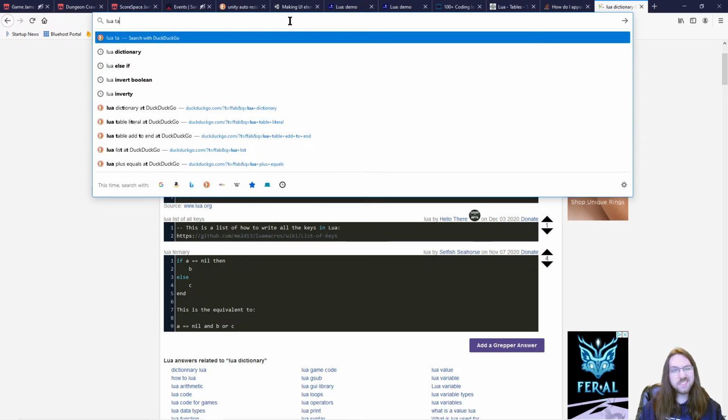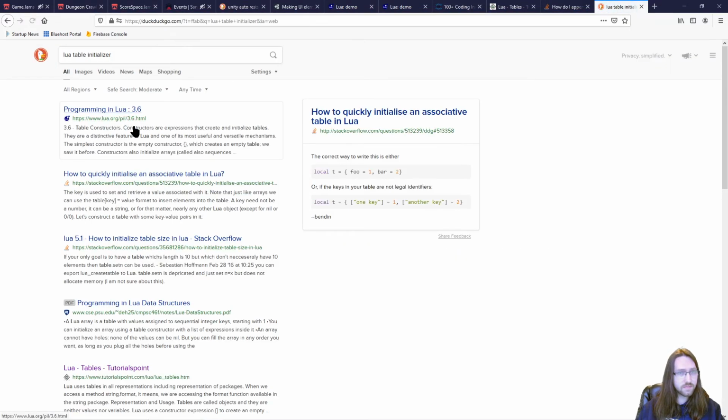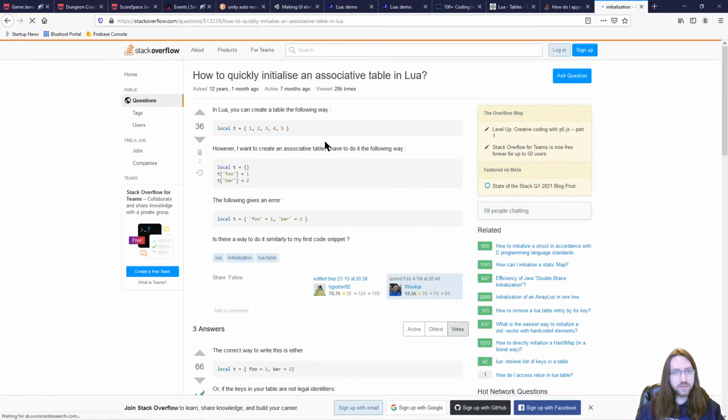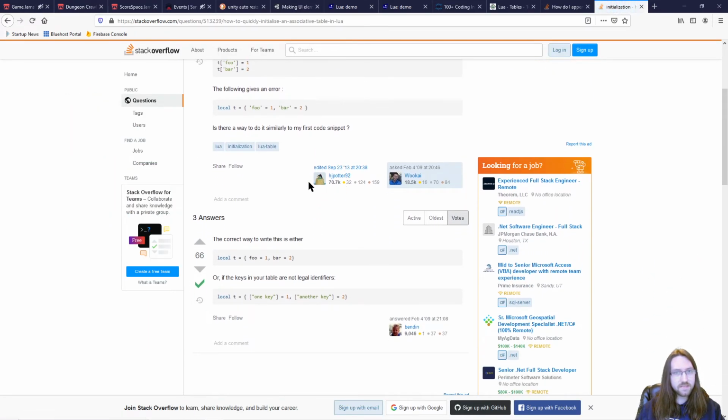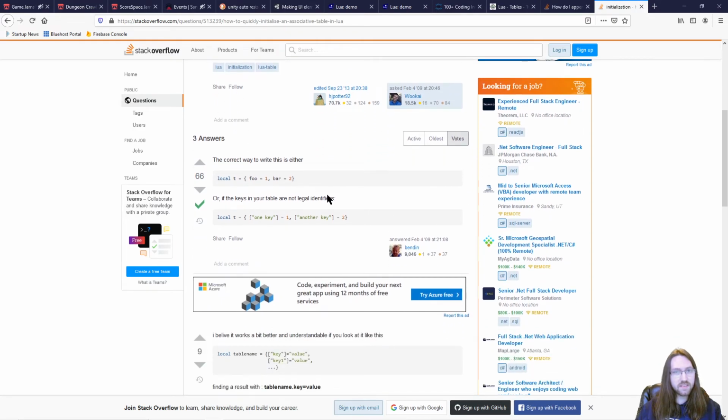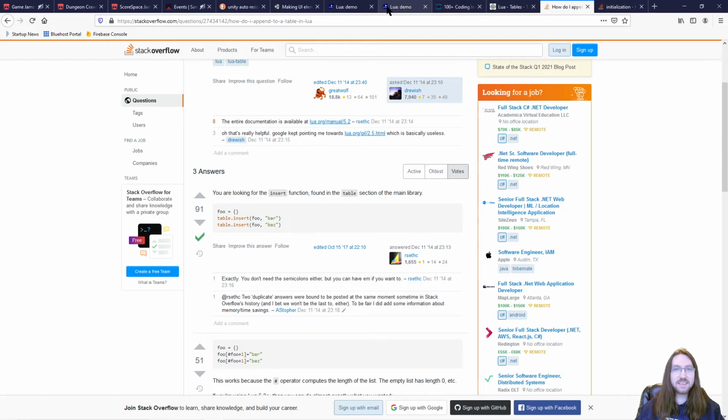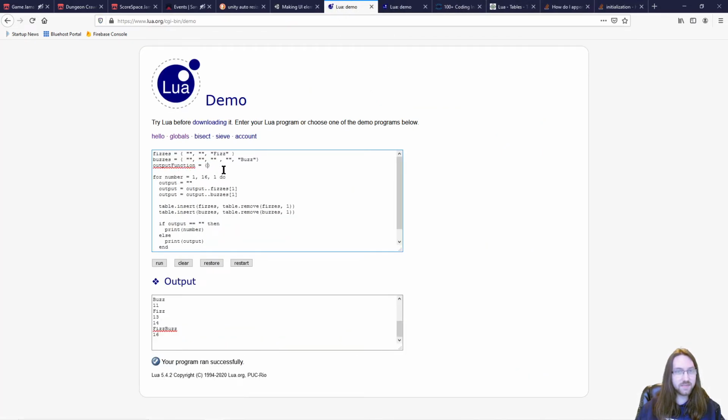Lua table initializer. Quickly associative table. There we go. Following gives an error. Oh my god, really? Oh my god, that's amazing. Okay, I guess that makes sense at some level. So the output function is either blank or, so blank is equal to, and then can I do function,